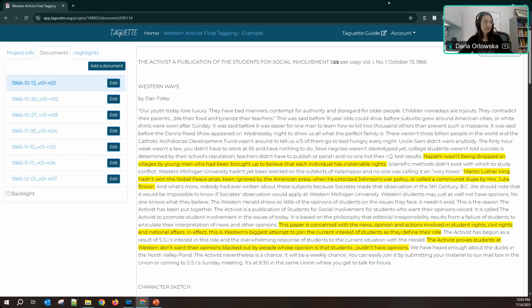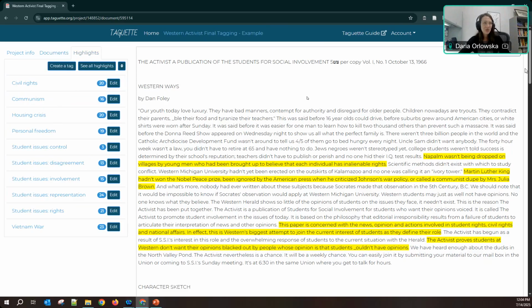The way we do that is that Taguette has an export this view functionality, and you are getting exactly what you are seeing. So you need to make sure that you've actually clicked into what you are hoping to export so you can see it and export the correct thing. If I clicked into highlights and exported a highlight, I'd only be exporting the document view because that's what is previewing right now.